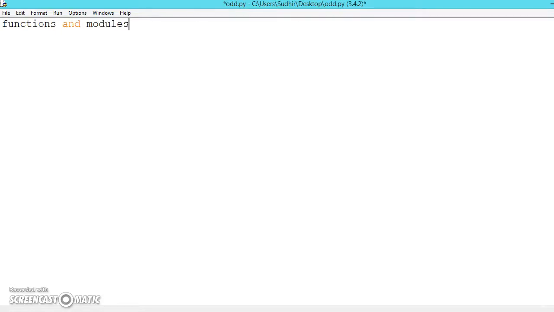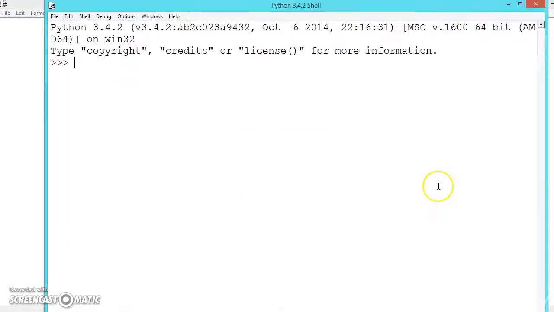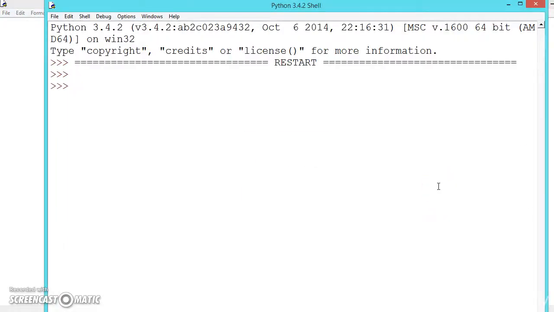So until now we have seen some of those functions. Let us see. Like we have seen the pow function, which gives the exponential value, and we have seen print is also a function.